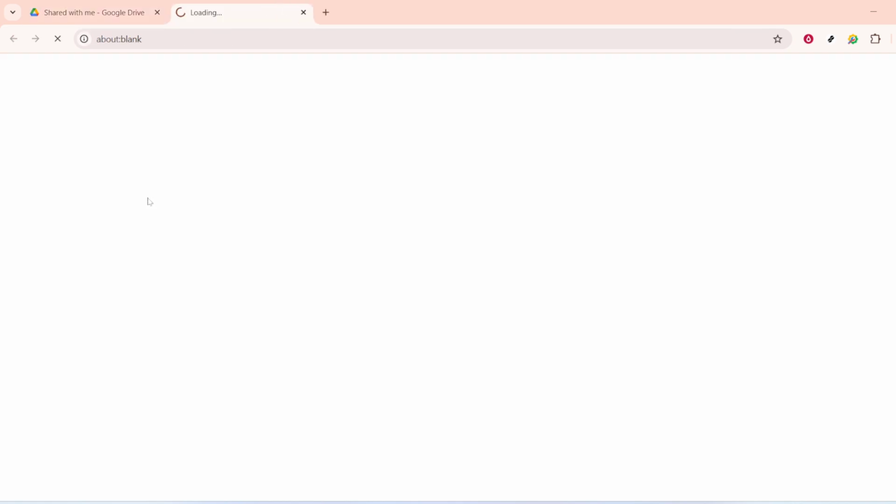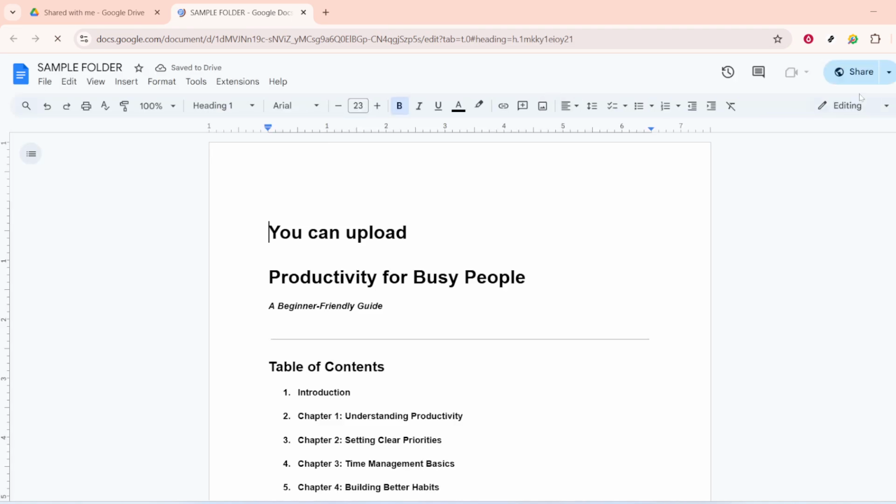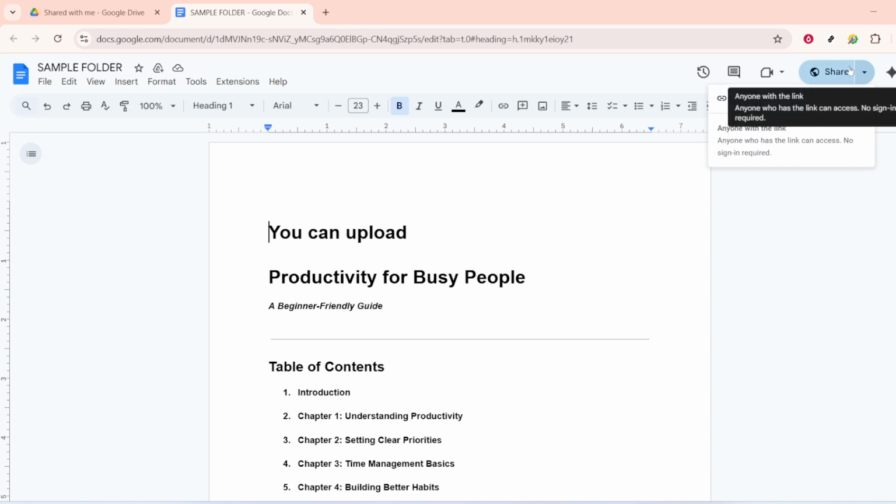When the document opens, you'll need to glance over to the top right corner of the interface. Here, you'll notice a status, which informs you about the level of access you have. If it says editing, you're in great shape. This means you can freely edit the document as needed. However, if you notice the status says viewing or commenting, you'll have some limitations. In these cases, you won't be able to make changes directly to the document, but don't worry, there's a way